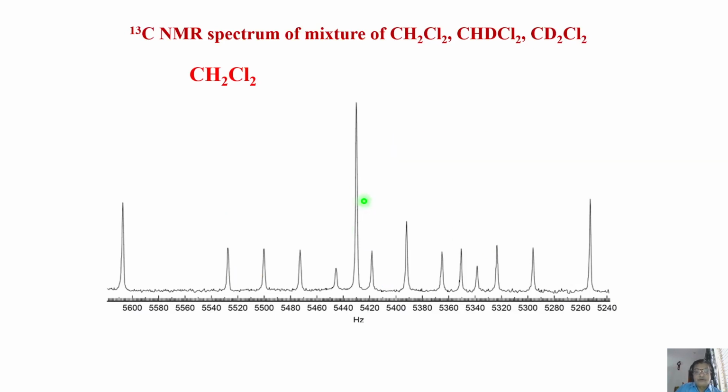Now if I have 2 deuteriums, this is what it is. 1, 2, 3, 2, 1, that's what we got. So now what is the chemical shift here? You see, from here to here by a substitution of 2 deuterium. All this happens because of isotopic substitution. Please remember, in many examples, the chemical shifts will shift when you make isotopic substitution. This is the important point which you must remember.